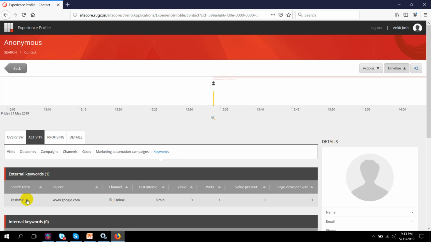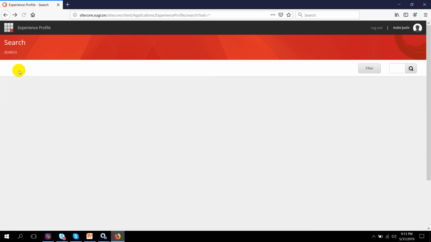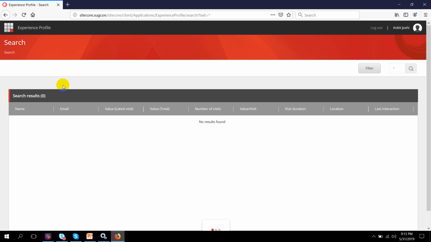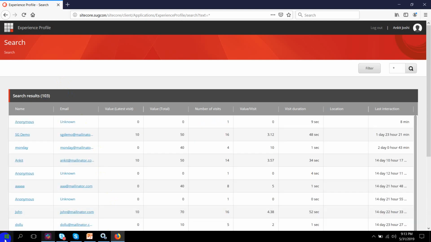That's the reason I was telling you that if we really want to personalize something based on the keyword which has been used by the user, we can always use the search term and personalize the experience for your visitors. So far, this is what we have from the experience profile. We will come back to this profile section, but before that,